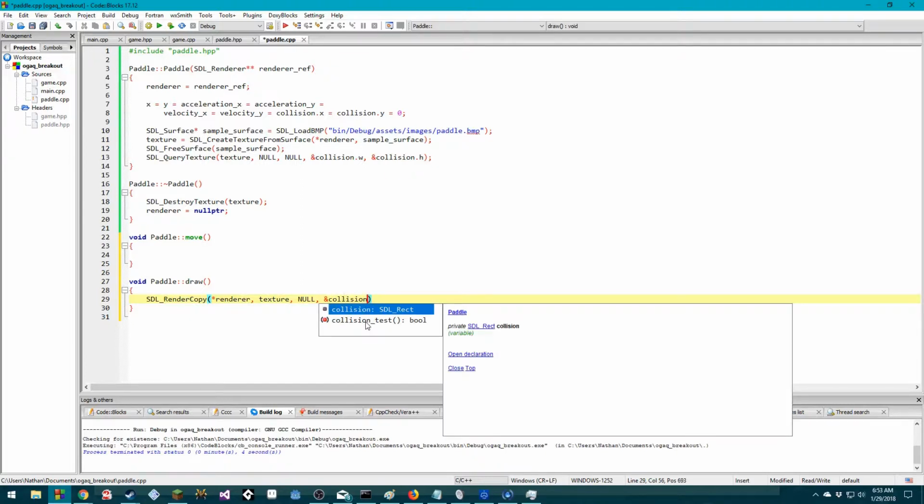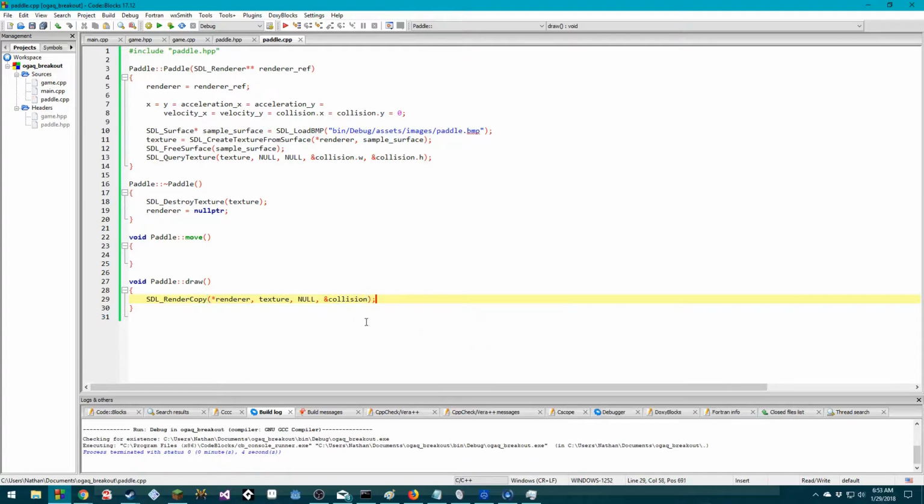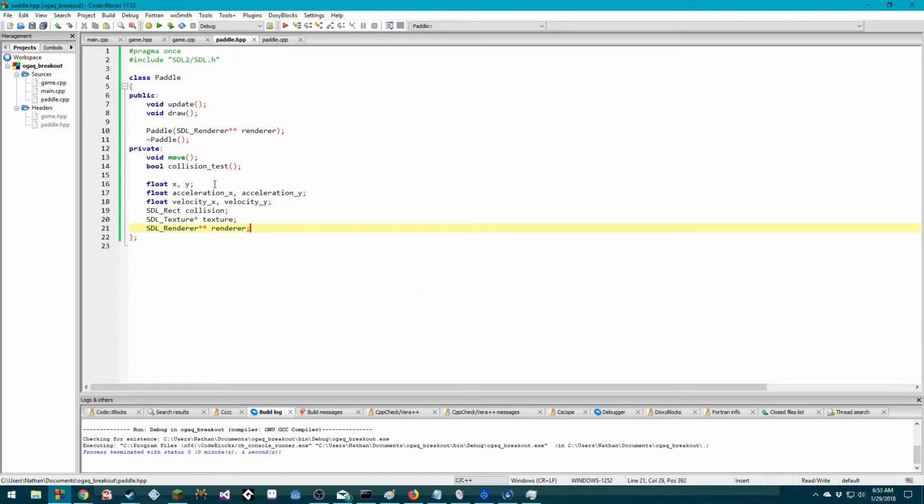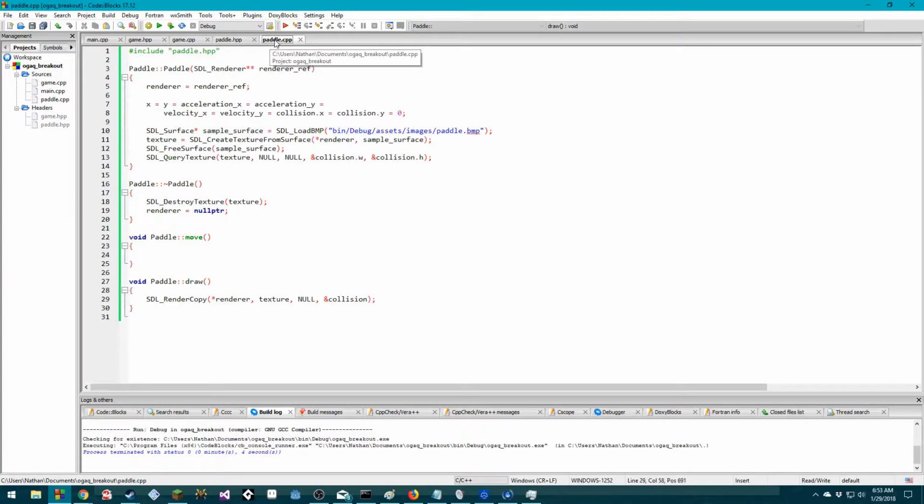collision. And if I do this, are X and Y really needed? I don't think so. But we'll delete that. Let's leave a note. So if we have a texture and that has an X and Y, or a rect and that has an X and Y with a width and a height, we may not need, but yeah, we do, float representations. Yeah, we're going to need that float representation. Okay, render copy. And then to move it,